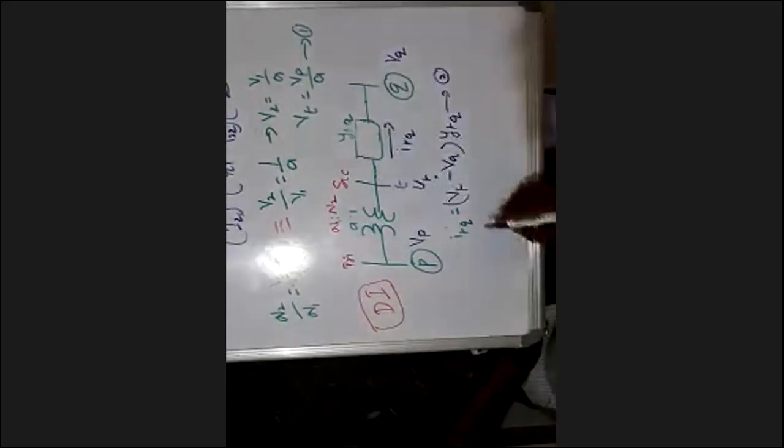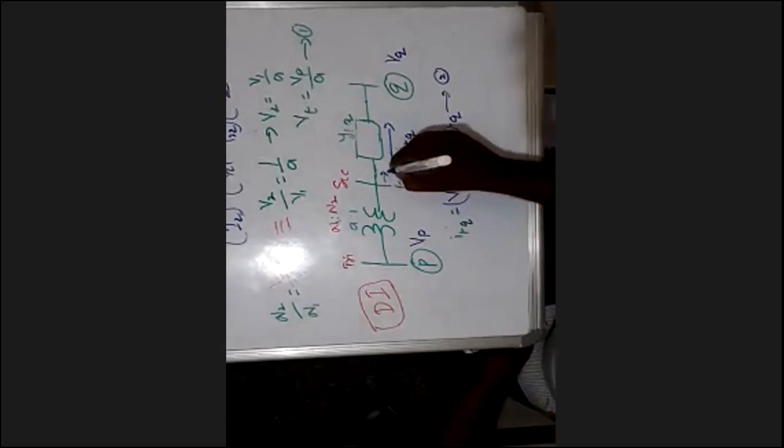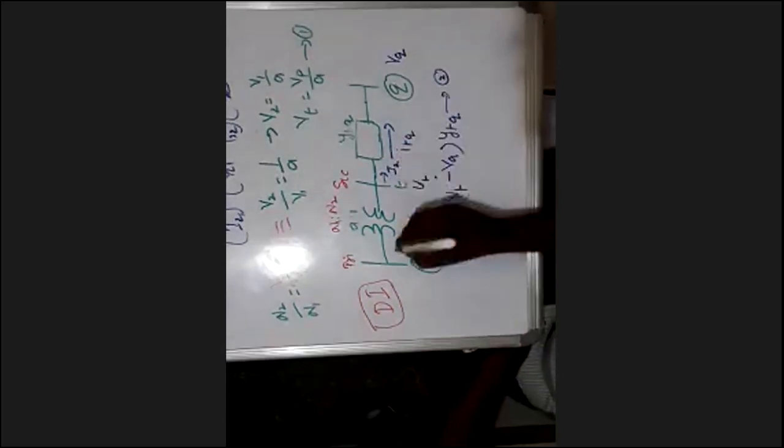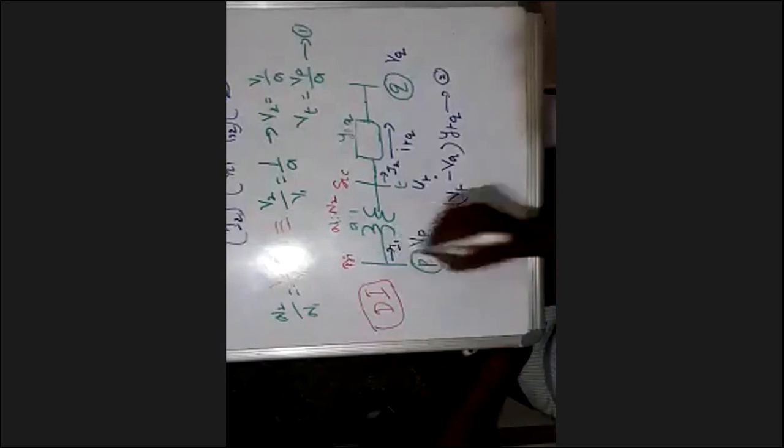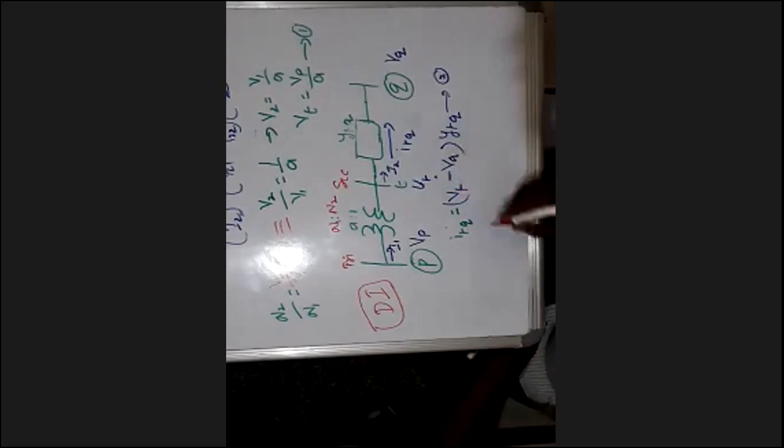So from this, the current which is coming out here is IT. The current which is entering here, I can take I1. Is it right? Right. From this,